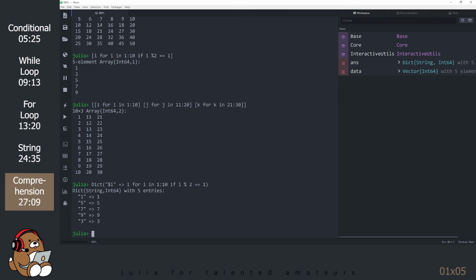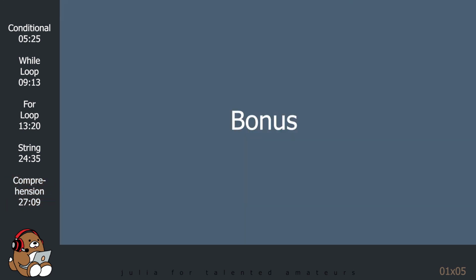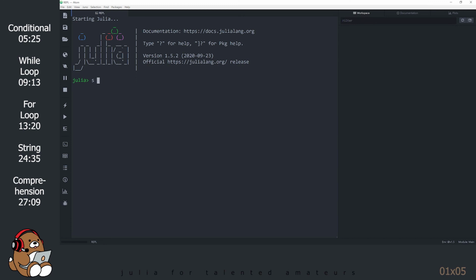Finally, here's a fun and frivolous example to wrap everything up. Remember the print styled function that allows you to print strings in different colors? Let's use what we've learned today to programmatically cycle through the different colors. Type in exit to start a new Julia session. Let's use Hello World for this example, but type in \n at the end. These are the available colors.